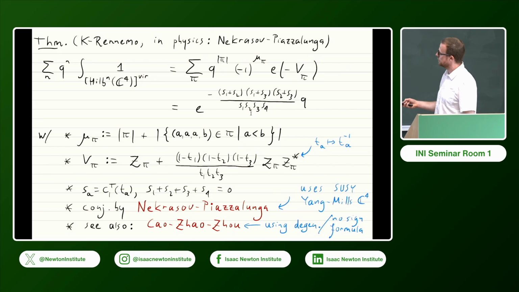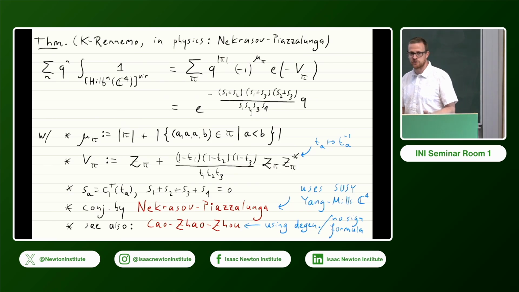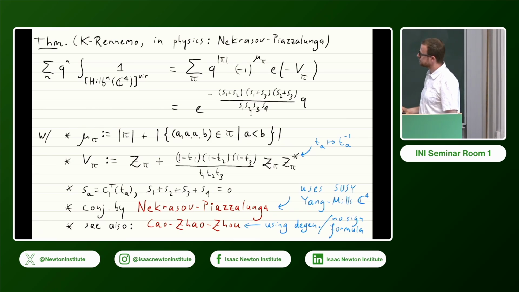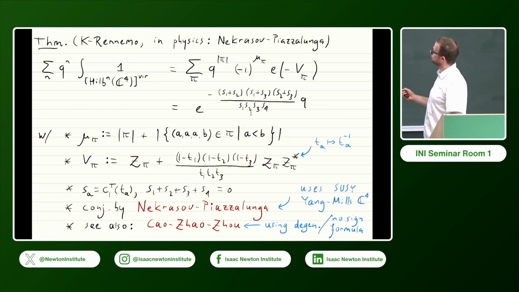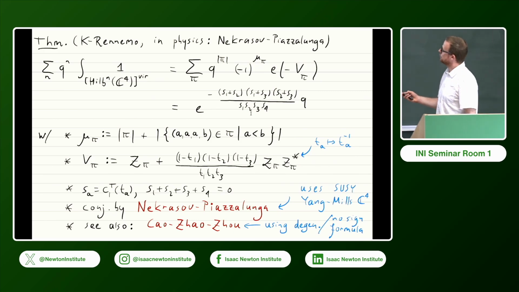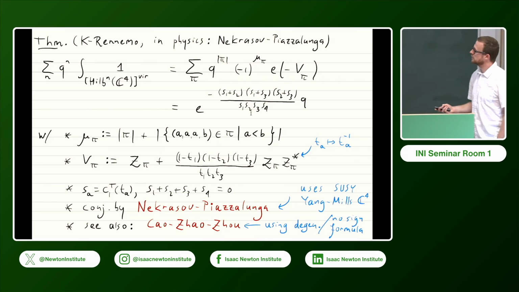So what is v pi? It's this representation z pi plus 1 minus t1, 1 minus t2, 1 minus t3, over t1, t2, t3, z pi dual. So dualizing here means each of the variables ta is replaced by ta inverse. And then this is just taking its Euler class. So this thing here on the right-hand side is something purely combinatorial that you can put into a computer. So if you would not put these signs, you get a mess. Only if you put these specific signs, you get this pretty formula here. So the exponential,